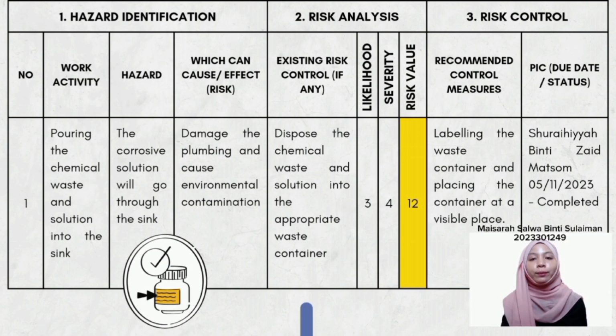For activity 1, pouring the chemical waste and solution into the sink, the hazard is that the corrosive solution will go through the sink and might damage the plumbing, which may cause environmental contamination. The existing risk control for this activity is disposing the chemical waste and solution into the appropriate waste container. The likelihood is 3 and the severity is 4, hence the risk value is 12, which is medium risk